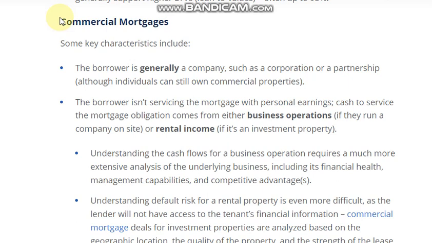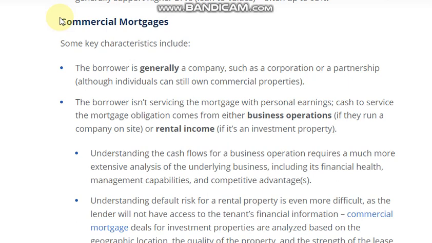The topic of this video is commercial mortgages. Some key characteristics include: the borrower is generally a company, such as a corporation or a partnership, although individuals can still own commercial properties. The borrower is not servicing the mortgage with personal earnings. The mortgage obligation comes from either business operations if they run a company on site, or